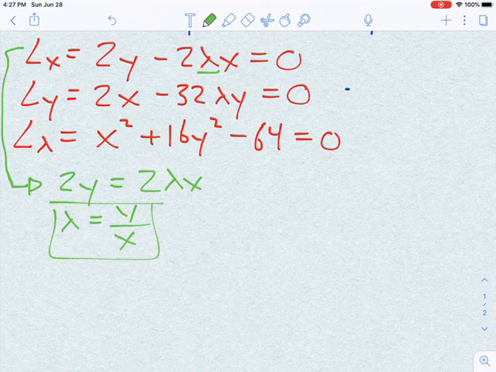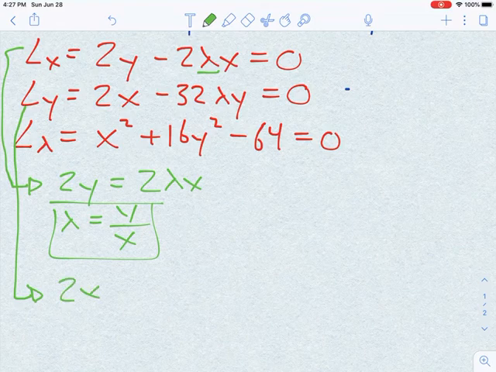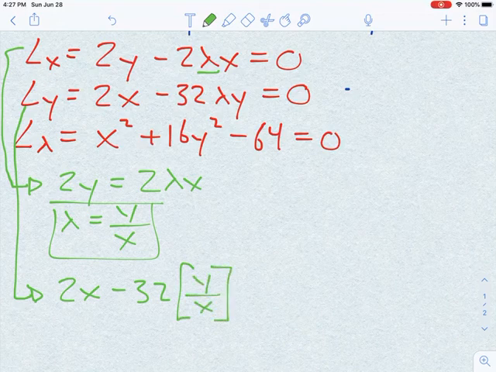The next thing we're going to do is take that and bring it down here. So 2x minus 32, and let's put lambda in here, y over x times y equals 0,